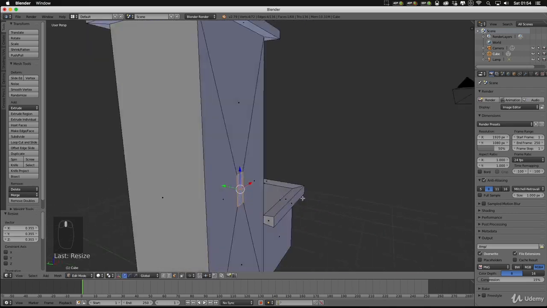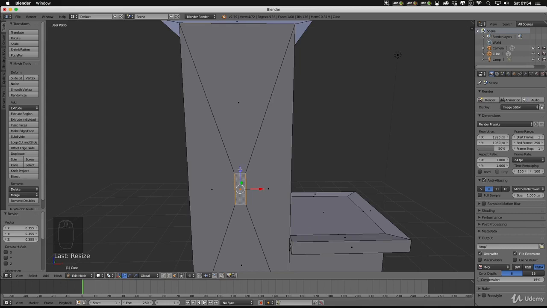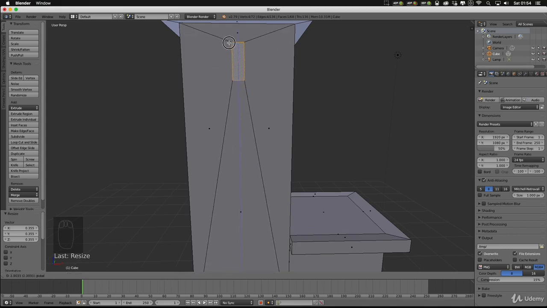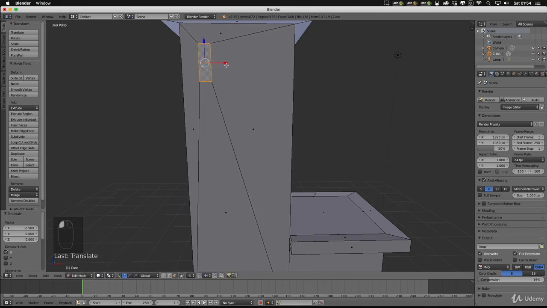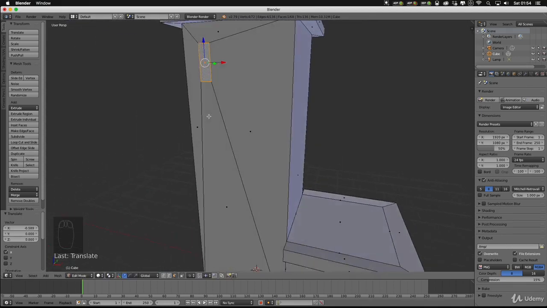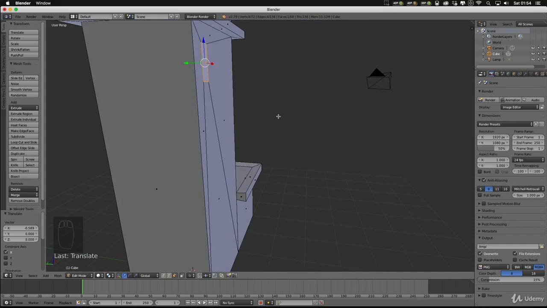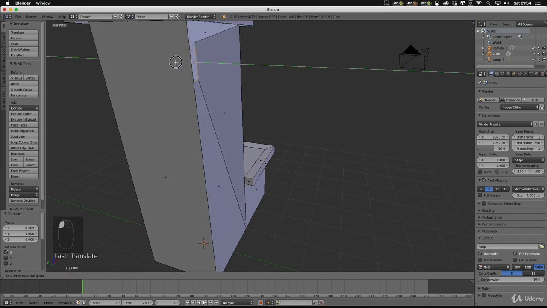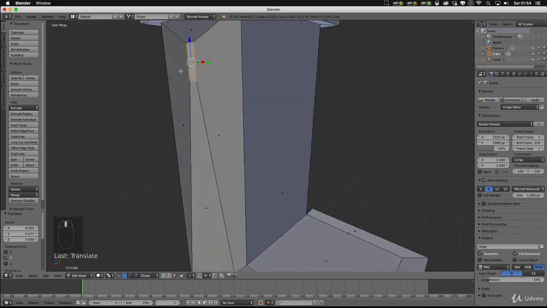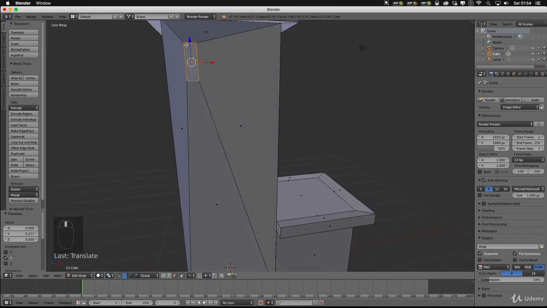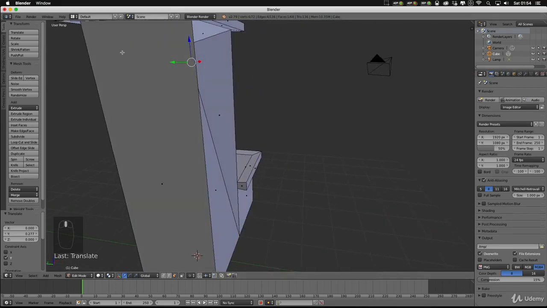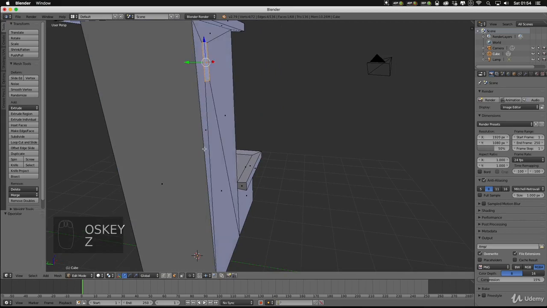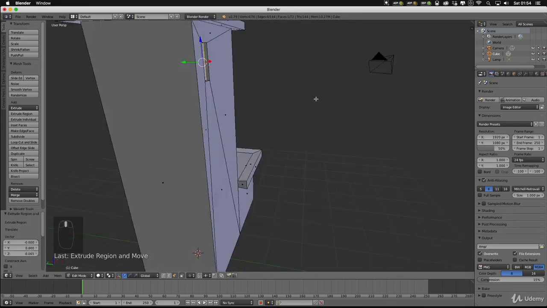And then what we can do is we can grab our transform tool, so just grab this Z, so we're just moving it along the Z axis and then on the X axis, just so it's at the top there. And then I want to indent it slightly, so if I just pulled it in now, you can see that it's not actually going in as I want it to. I want it to just move this one face in, not affect the rest of this geometry. So I'm going to undo that, I'm going to extrude it again, and then I'm just going to push it back so that it's just slightly indented.